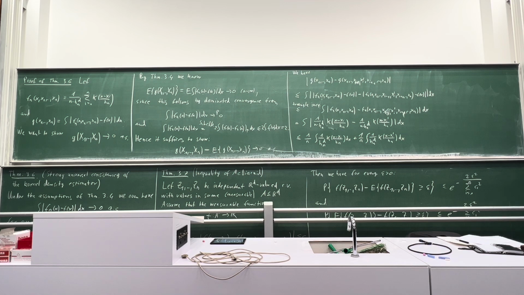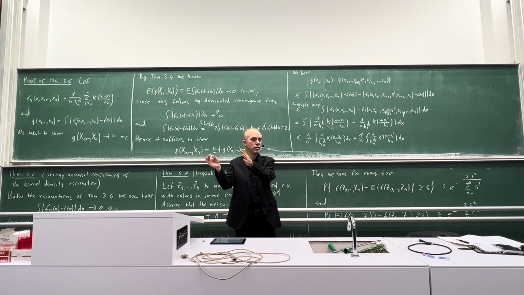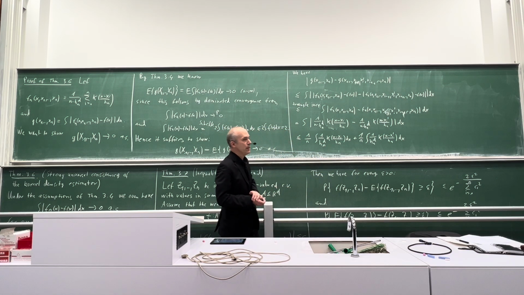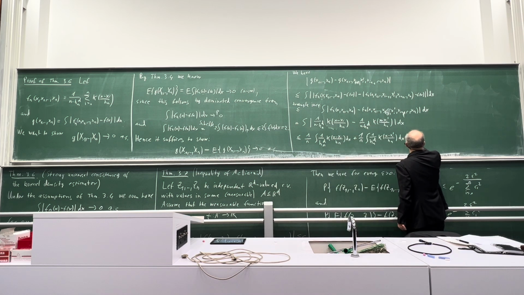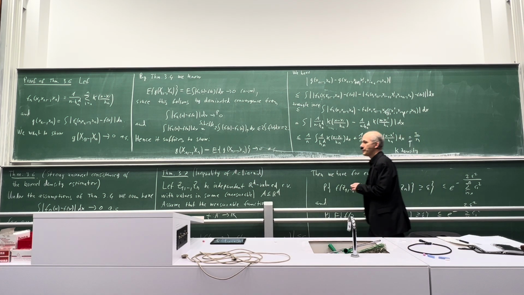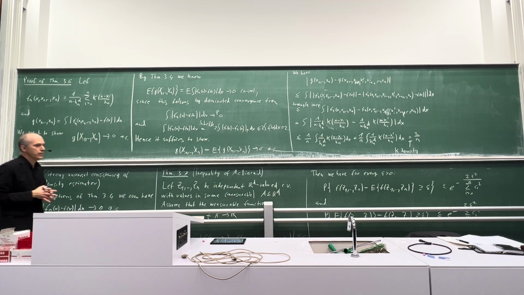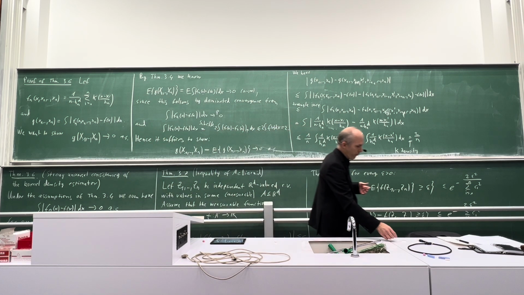And then k is the density, and this 1 over hn to the d, k of x minus xi divided by hn, is still a density. The minus xi translates the density, and this one dilates the density, but it still remains a density. So both times you integrate over a density, so both integrals are 1. So it's 2 over n times the integral of the density. So our Ci are 2 over n. Now we can apply the inequality of McDiarmid.